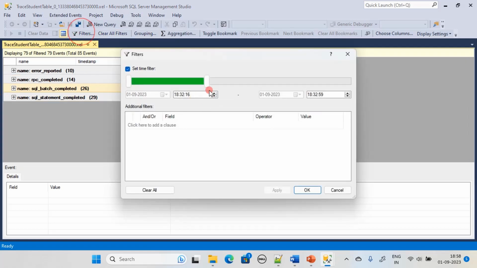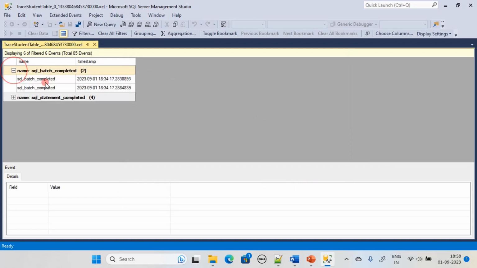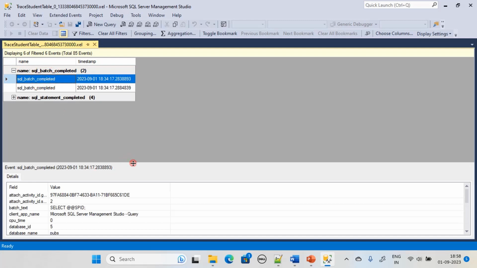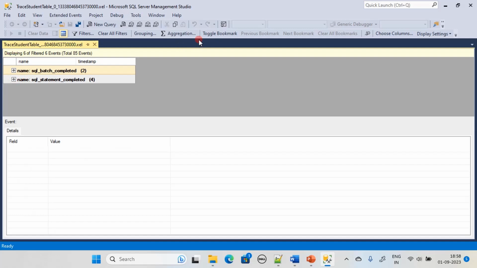Now let me go to the filtering and take the second part, apply and OK, and you can see there are only 2 groups at this time, and I can see there are 2 batches that got completed during that time frame. You can also perform aggregate and other operations, and these filtering and grouping options are really useful whenever